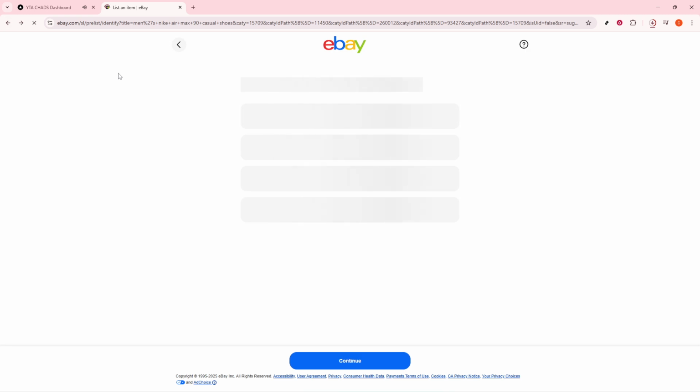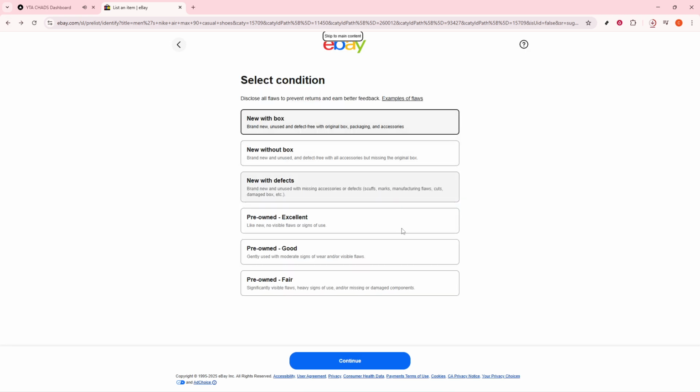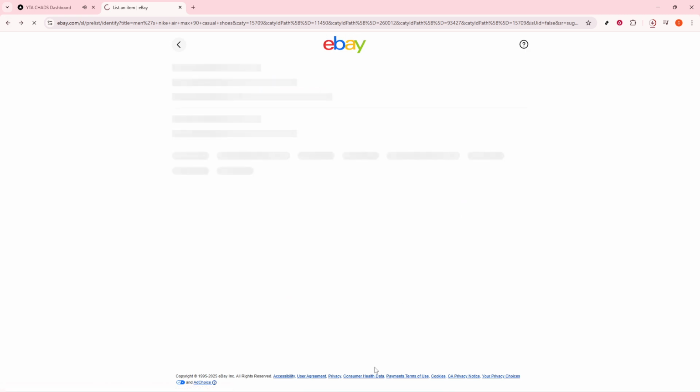Before hitting that publish button, take a moment to preview how your listing will appear to potential buyers. Check that all variant combinations, images, prices, and stock levels are accurate, and then click List Item to go live. And there you have it, your step-by-step guide to creating variation listings on eBay. This method helps streamline your inventory management and offers an